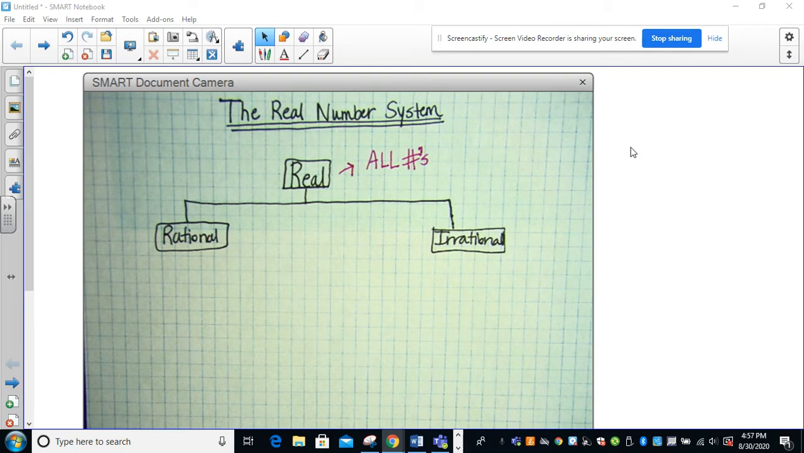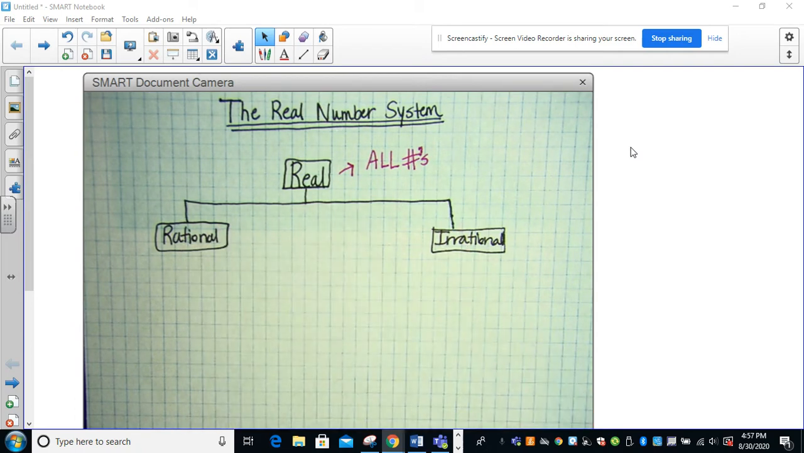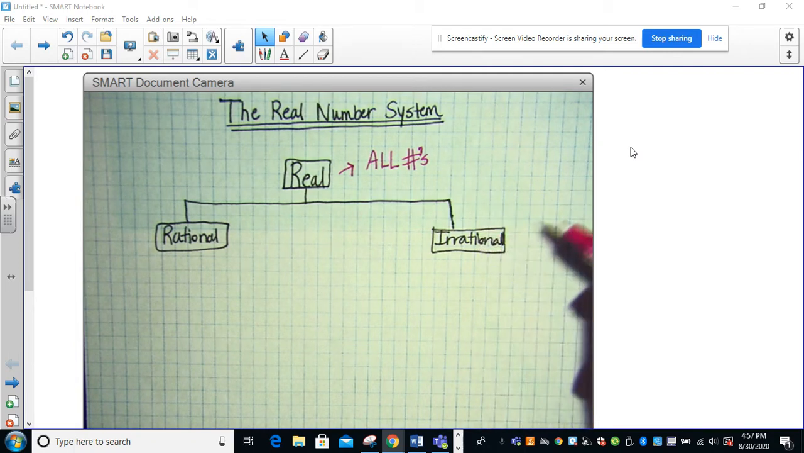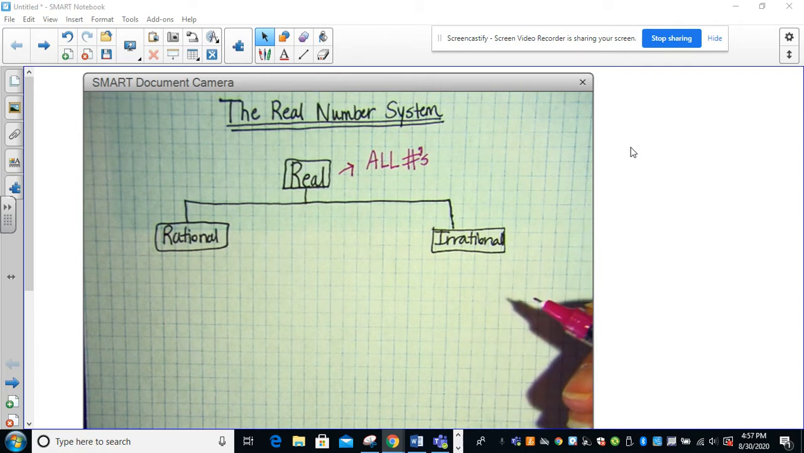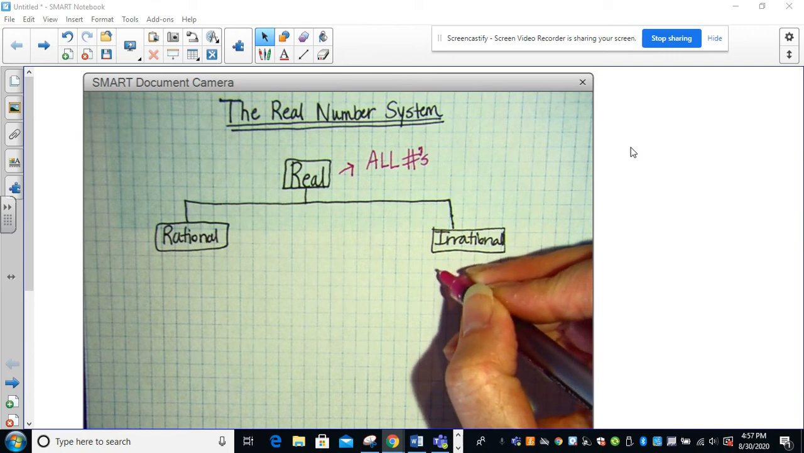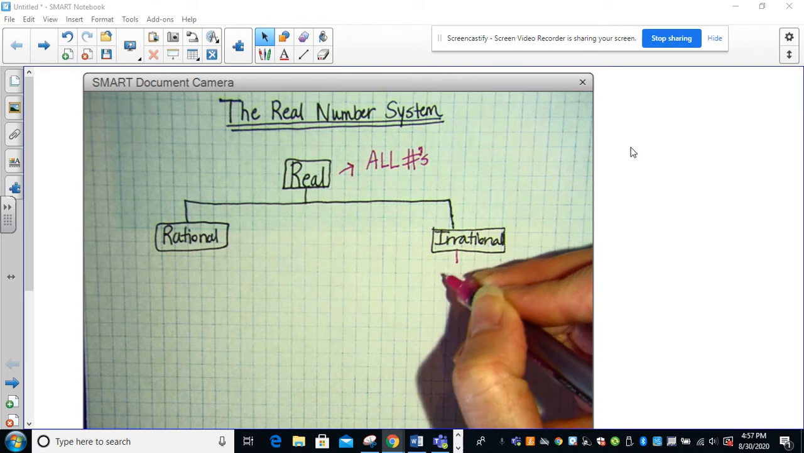So then you get to classify into two major categories. We have rational and irrational. So I'm going to talk about irrational first, just because it's the most elite. You have the fewer numbers that are irrational. So let me give you some examples of irrational numbers. First of all, it's any non-terminating, non-repeating decimal. So we've got an example like